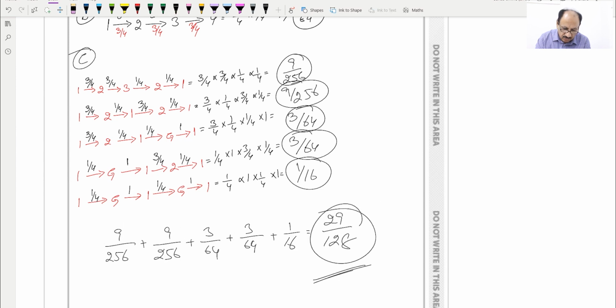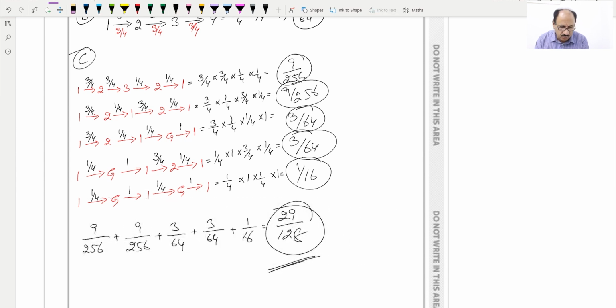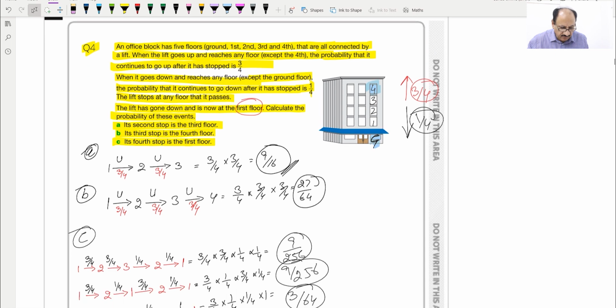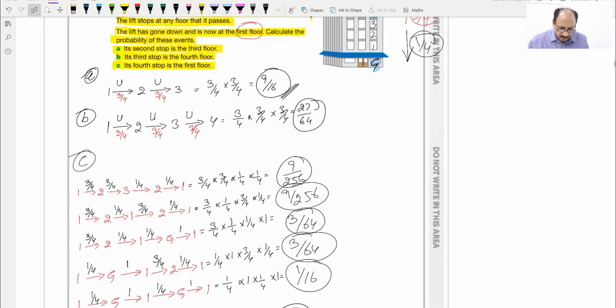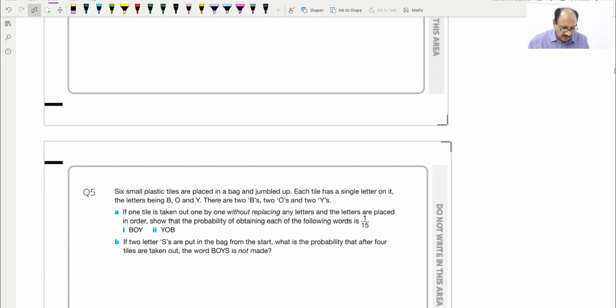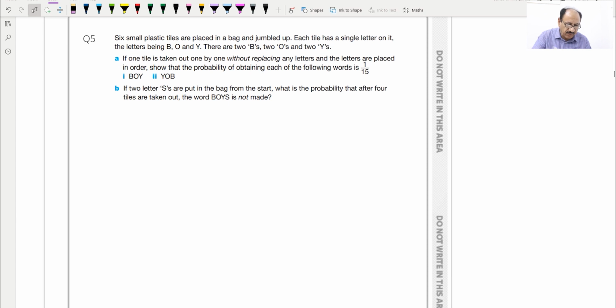Hopefully you understood this. This is a little tricky question. You will have to go through this at least 2-3 times and understand specifically. Part C is a little difficult for this question, but hopefully I've tried my best to explain as much as I can. And this is question number 5. Question number 5 says